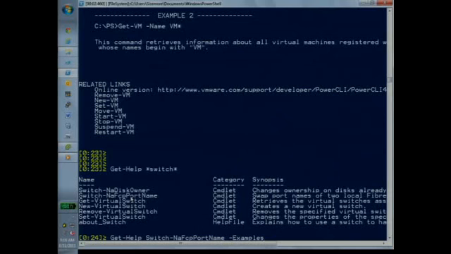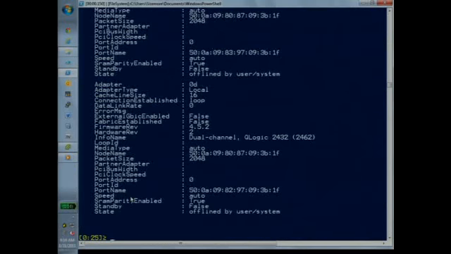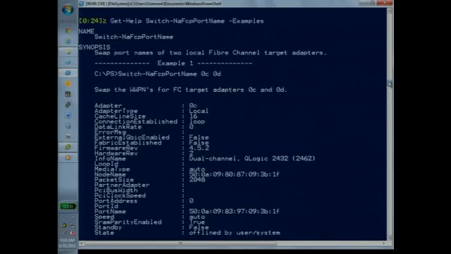Yeah, everything is tab completion. So I can say, Get-Help, what's this switch NAFCP port name? Show me examples of this thing running. Oh, look there. I didn't have to scroll through anything. It just went straight to the example of the code. Very rich. Save time.